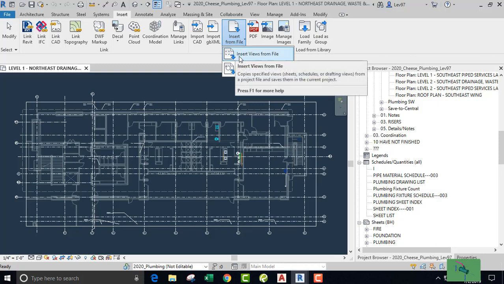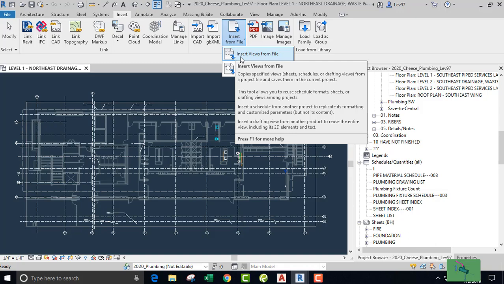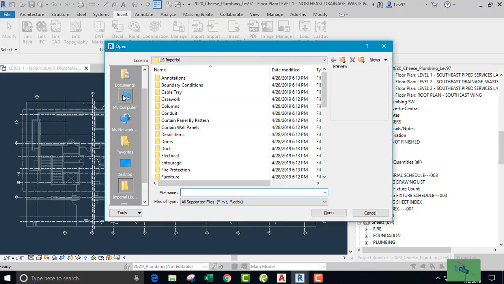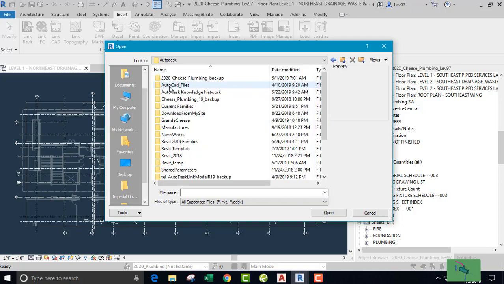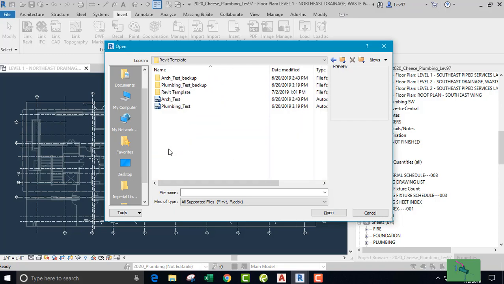a view. We are inserting a view from a file. Our view happens to be a schedule from a file, right? So insert a view from file. Okay, so let's do that. Wherever that view, that schedule is, we go to that. And it should be in your template file somewhere, or on your library, networking, company, typical,